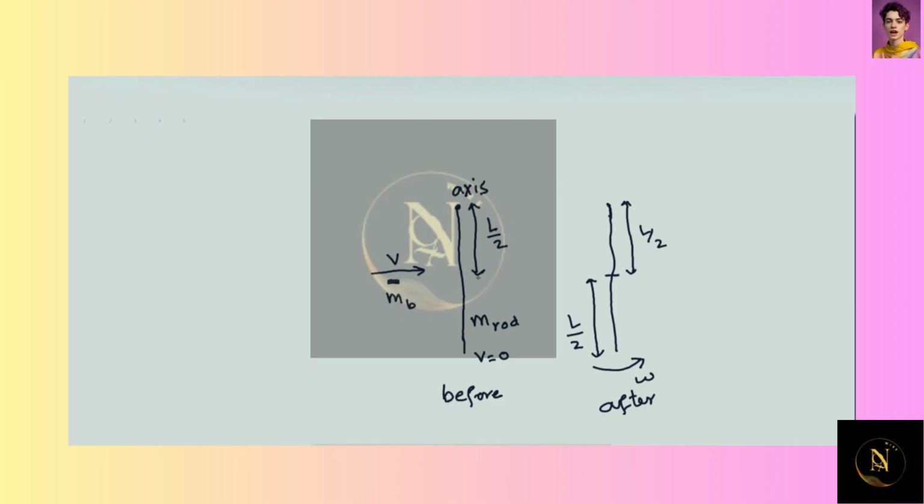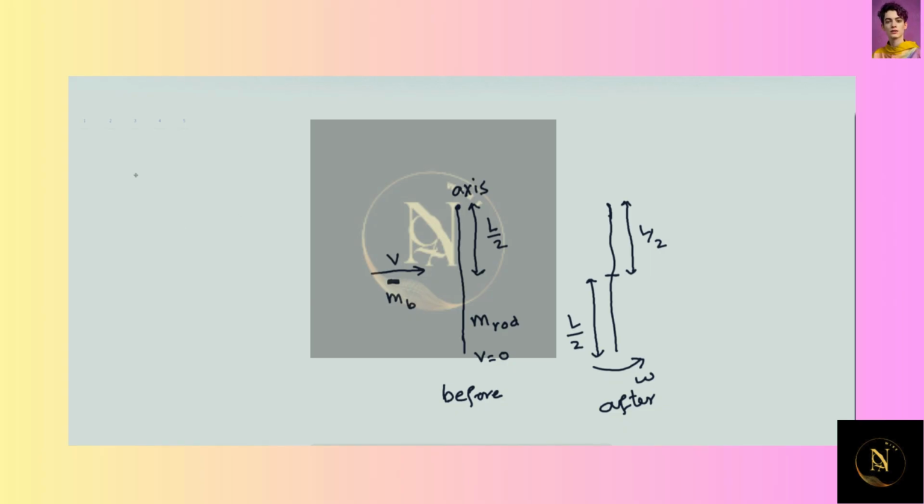So we can apply conservation of angular momentum to the collision. Now, linear momentum is not conserved because the force that's applied to the rod is at the axis. And since the force is acting on the axis, there's no torque. So if there's no torque, then angular momentum must be conserved, but linear momentum